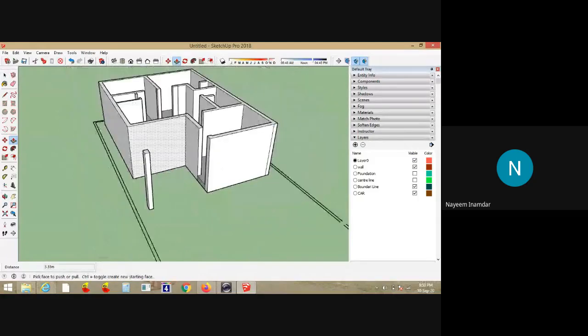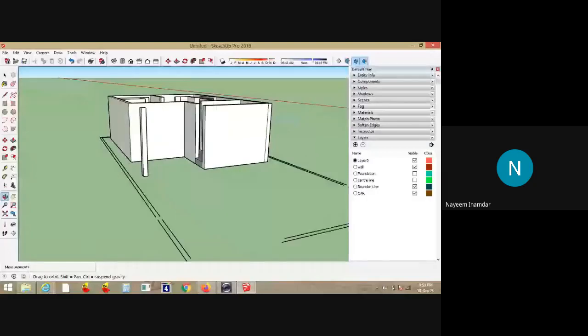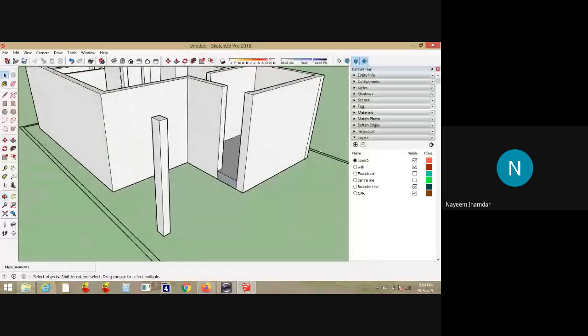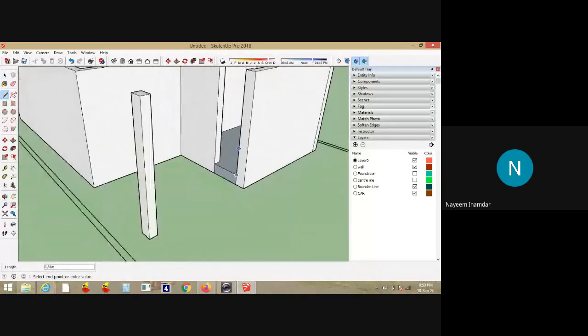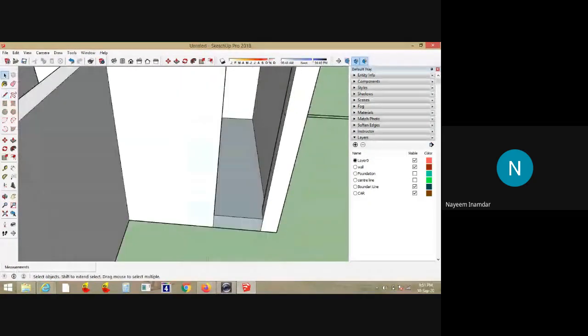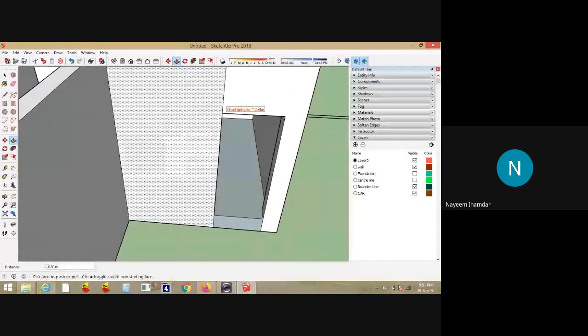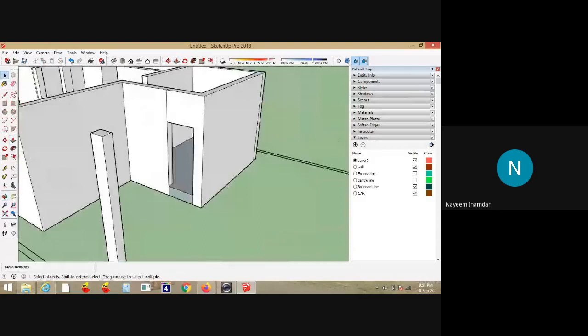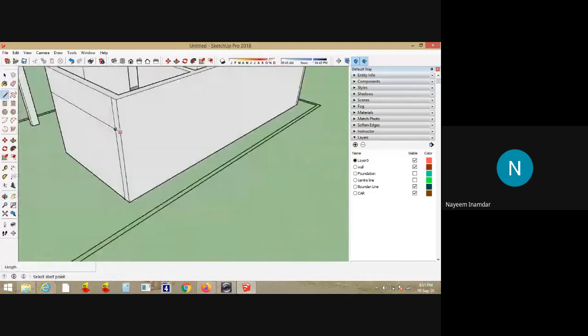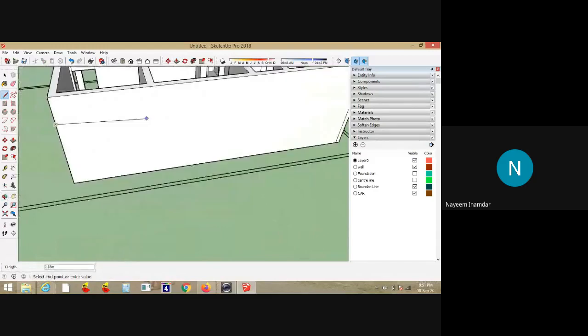Just show the face. So this is a very easy method to create the three-dimensional object. Now at lintel level, I'll put a line all around at 2.1 meters. Somewhere here it comes. I'll draw a line and go to the push pull command. Just drag it. See, this is how you can do it. Now put a line at a height of 2.1 meters all around the building, so that it will be easy for you to create the windows.